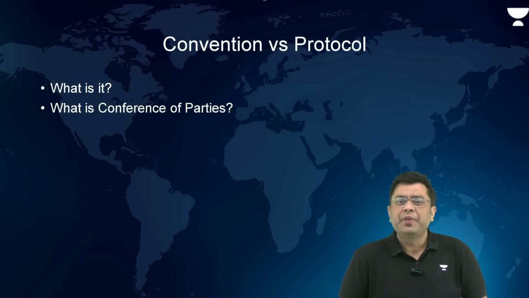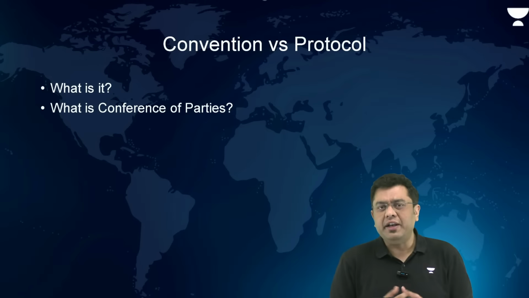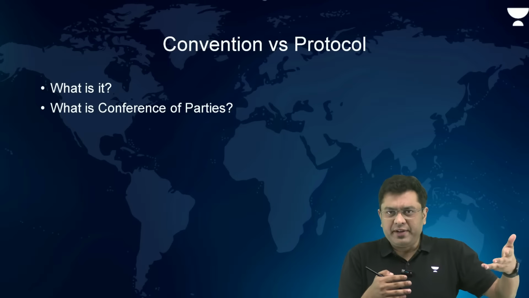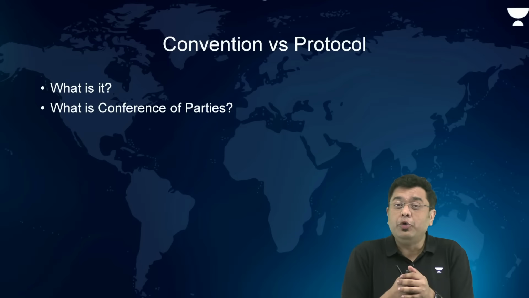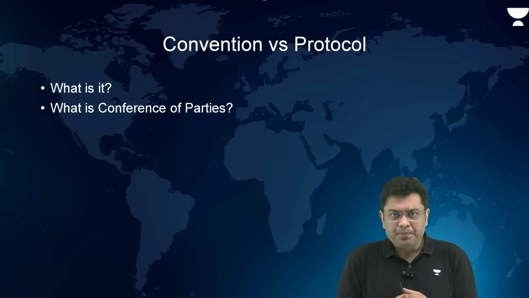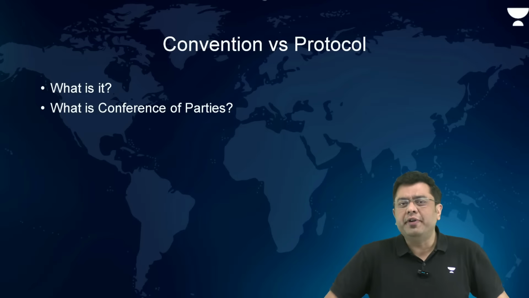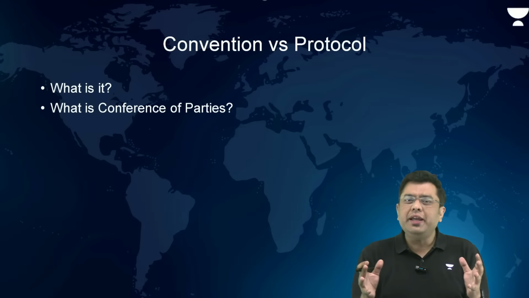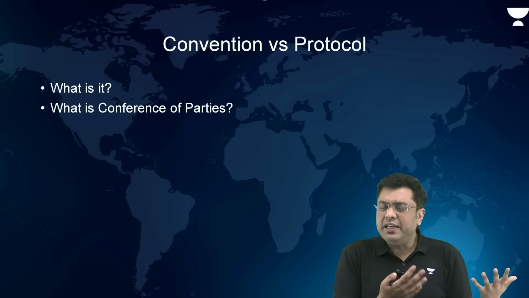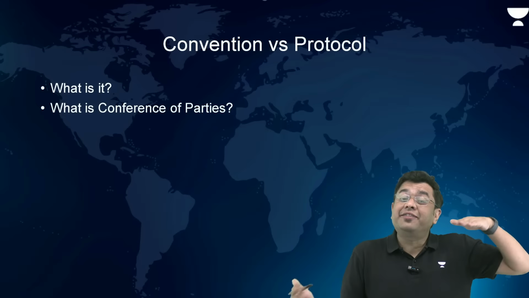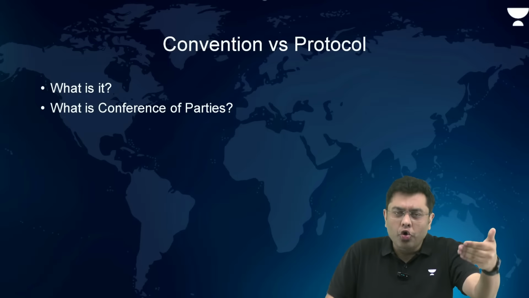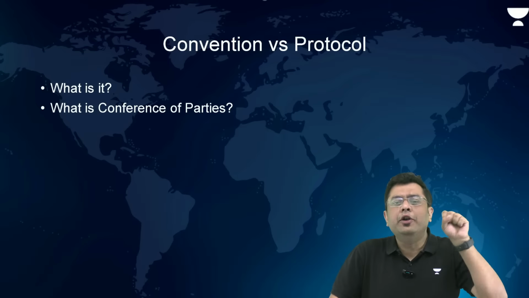Now, having said that, let us jump into the aspect of convention versus protocol. Now, you would have heard about it, the convention on biological diversity, and simultaneously you hear about terms like Kyoto Protocol, Paris Protocol, Montreal Protocol. Now, what are these? So, first of all, the very basic aspect of it, what is a convention? A convention is a kind of an agreement between various different countries and various different members, which is not as binding as a treaty, but slightly less than that, where you set a larger goal in order to achieve, let's suppose, an objective.